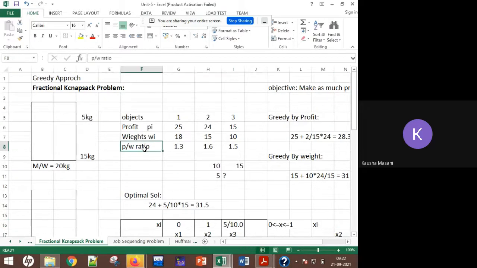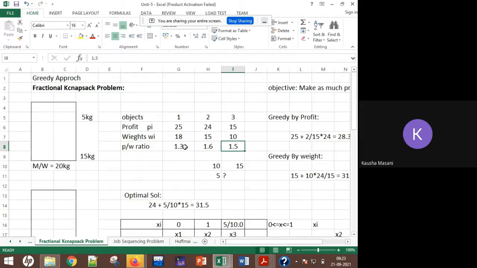So what is the first thing that you are going to do? Your profit, weight, ratio. Profit will be given, weights will be given, and the total weight of your knapsack will be provided. It can be denoted by M or W, any one letter. The first thing you are going to do is find out the profit weight ratios of each of the items. So for each item, you found out the profit weight ratios here.